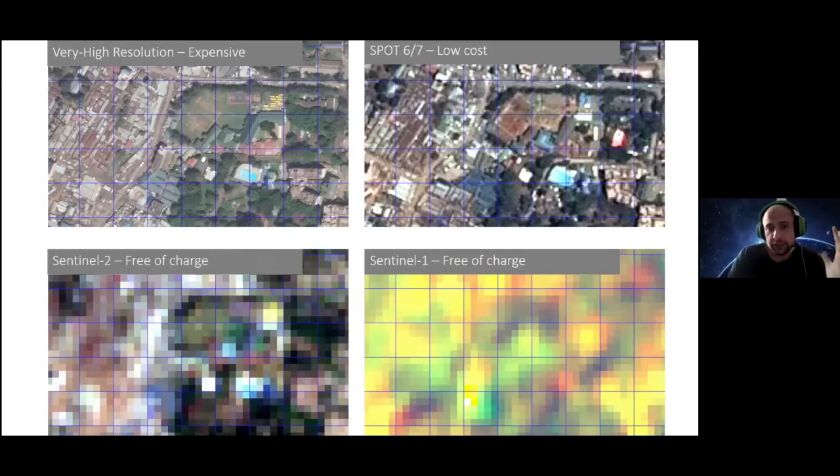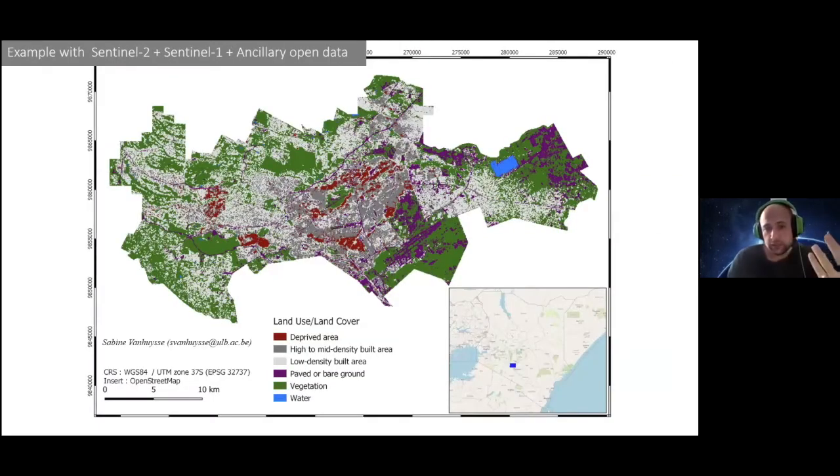So that's a first step, and this could happen with very different resolutions. We can go from a very high resolution one, which is quite expensive to acquire, to low-cost solutions like Spot, for example, and of course free of charge with very high temporal resolution, Sentinel-1 and Sentinel-2 images. With all of them, we can do pretty good work, but of course the level of detail can vary. Even with Sentinel images, for example, this map is produced with Sentinel-1 and Sentinel-2 imagery, we can acquire very potent land use